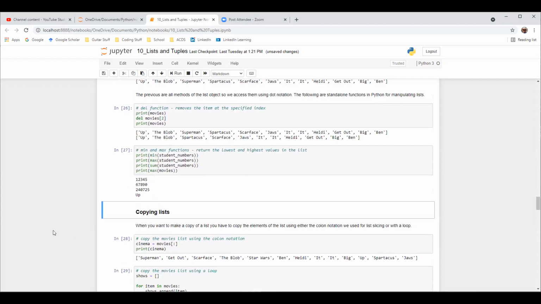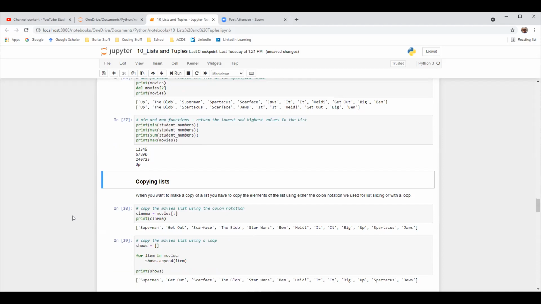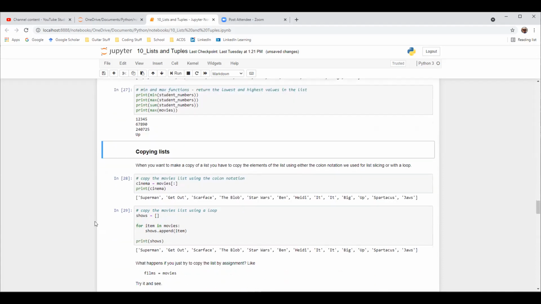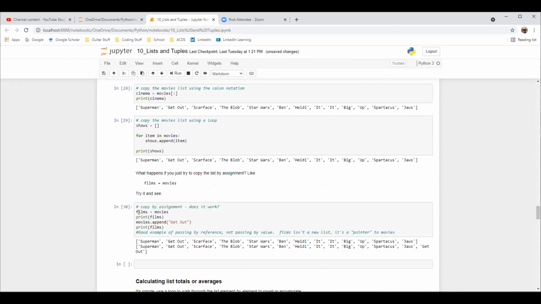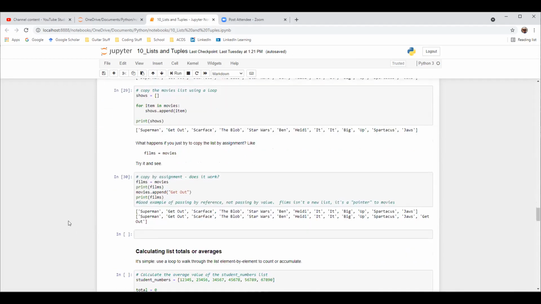And we can copy a list. Now we talked about that. Didn't we get into that whole pass by reference, pass by value? We got into that last time, didn't we? Yeah, we've been here before, because we were talking about if you just say films equals movies and then you modify movies, you also modify films. Yeah, we've been here. Is that coming back now? Anyone? Yes. I thought we'd been there,